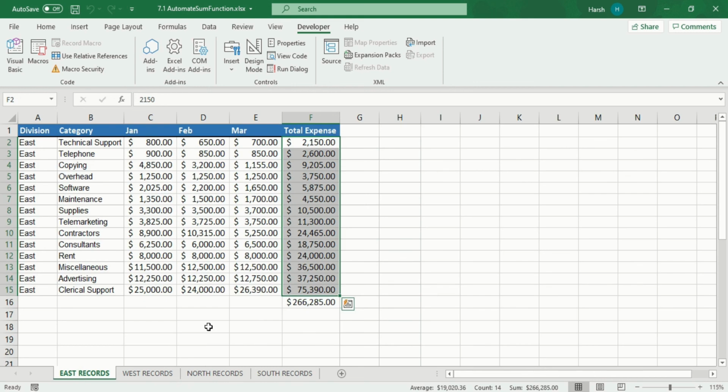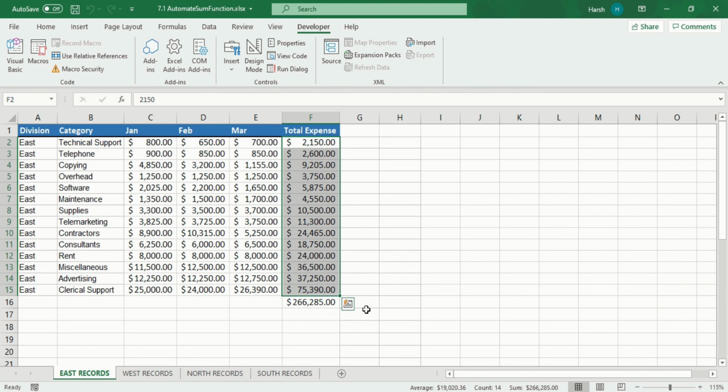But if we have an Excel file that has 15 sheets, then 15 into 3 is nearly 75. So every time we click, it creates a lot of cumbersome work for us. That's why we should create an automated experience for that also. After this video, in my next video, I will tell you how to create a code for the loop to use the automate sum function in multiple worksheets.